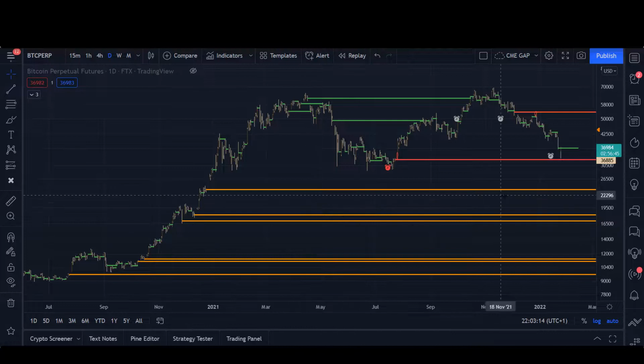I don't know why I made them orange, but it's just to indicate that if they talk about the 32,000 gap, you still have many gaps below. And I think even after 2017 there was a gap at around 1200, but I'm not entirely sure.